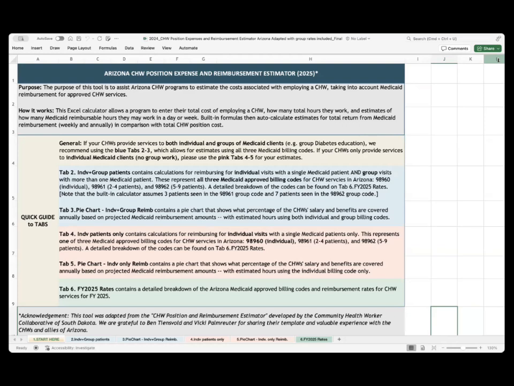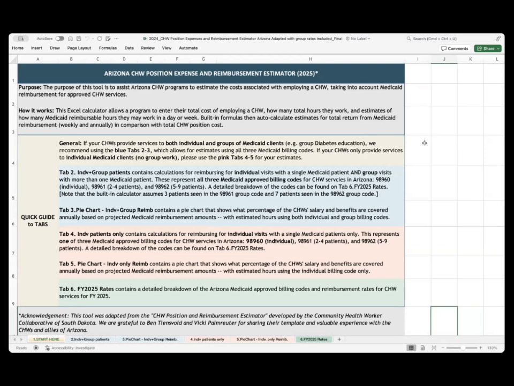I'm a research coordinator senior at Northern Arizona University, the Center for Community Health and Engaged Research, and I'm here to show you today a useful tool that we have developed. We're calling it the Arizona CHW Physician Expense and Reimbursement